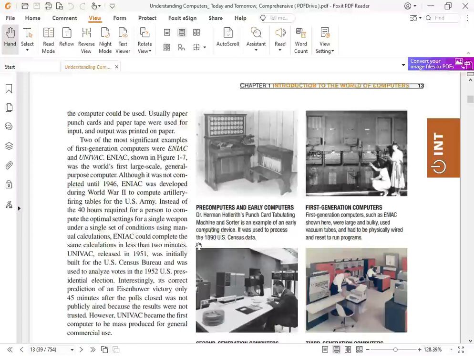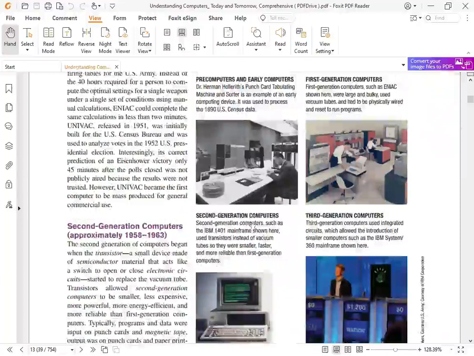It was used to process the 1890 U.S. Census data. First-generation computers, such as ENIAC shown here, were large and bulky, used vacuum tubes, and had to be physically wired and reset to run programs. Second-generation computers,